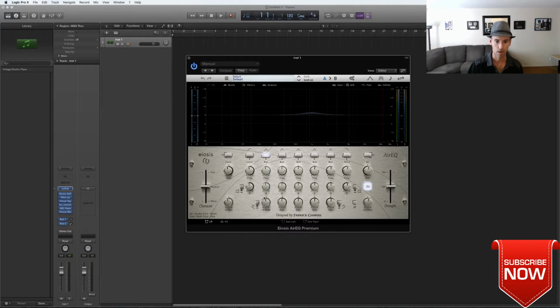So first of all, the first thing that is unique is that, so I'm gonna show you right now. Let's say I'm gonna bump that up, okay? So the thing you can do is flattening the resonances. So look at that. Oh, what happened? Did you see what I just did? Look at that. You can do a peak, but you can flatten the resonances. This changed the sound a lot.